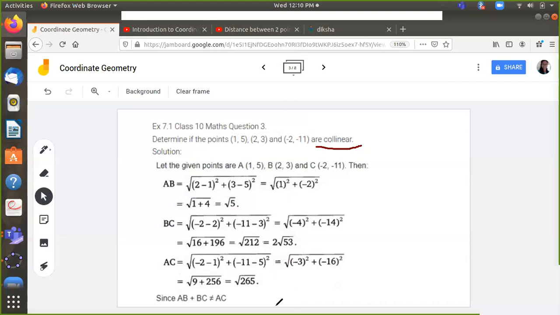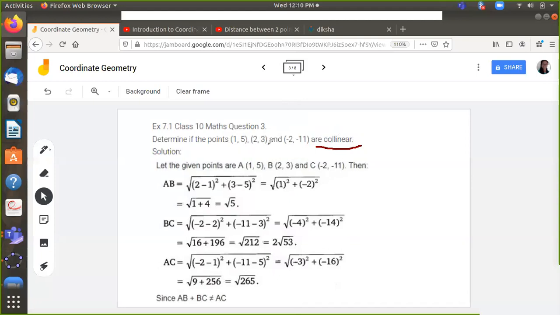Ma'am, 3 points which are on the same straight line. Ma'am, when all the 3 points happen to fall on the same line, then the points are collinear. Now, how will I show that they are collinear without plotting the points? If I plot the points, it will be very clearly visible that they are all on the straight line, that they are collinear. Or if they are not on the straight line, we will tell they are not collinear. Now, but without using the graph, I'm just using the formula to find out how they are collinear.